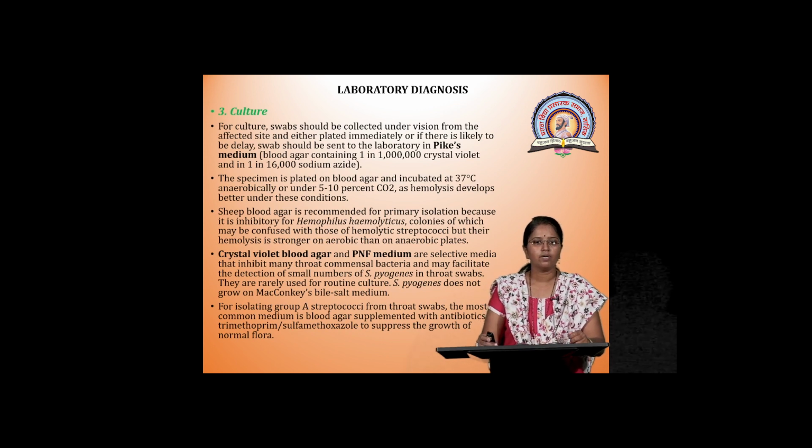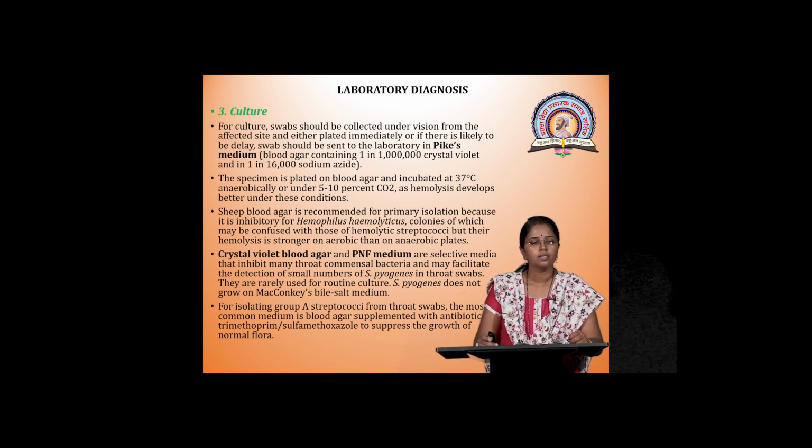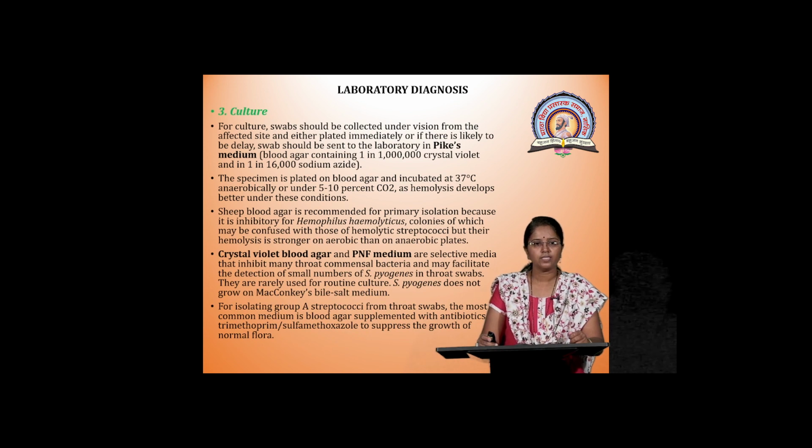After observing the streptococci in the Gram staining, we have to go for culture. Culturing can be done on different media like blood agar, and the specimen can be sent to the laboratory in a transport medium like Pike's medium. The specimen is plated on blood agar and incubated at 37 degrees centigrade. If there is development of a zone of hemolysis under these conditions,